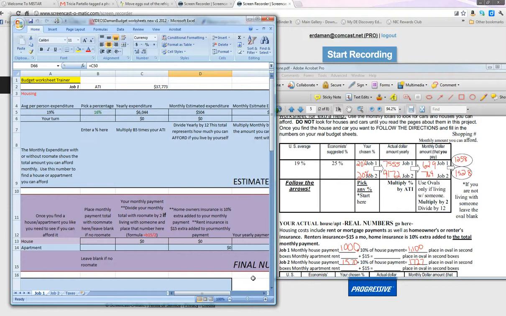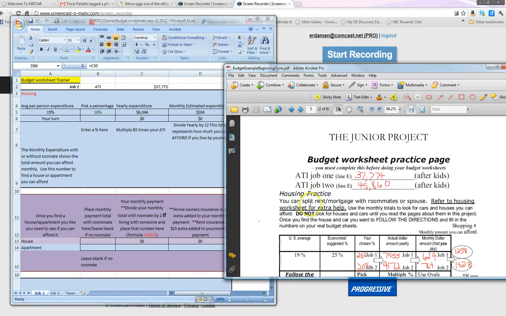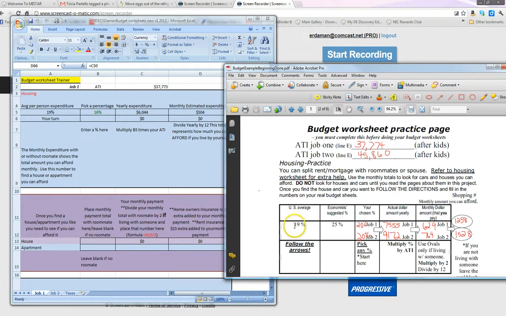All right, and so now we're going to focus on our worksheet trainer and how to use it and how it can be so beneficial. If you see, we have a section that is blue and a section that is purple. The section that is blue is the practice or estimates. Remember how you have this part of the worksheet, this practice page? So this is taking that information and putting it